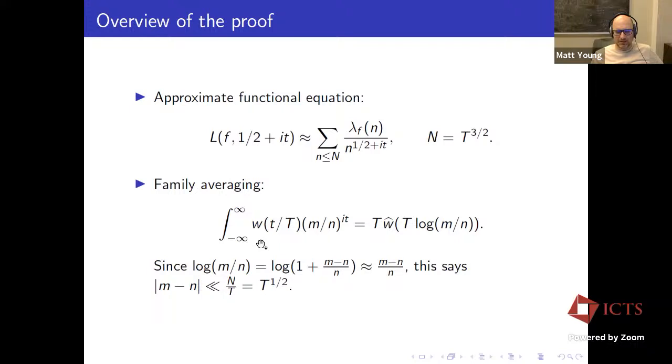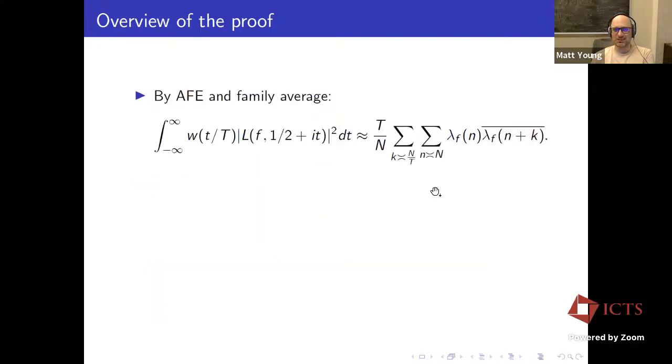And so to make this a little more precise, all you do is take a little power series for log m over n, write it as log of 1 plus (m minus n) over n, and then that's very close to (m minus n) over n because we have to be close to 1. So that's saying m minus n basically has to be at most like n over t, which is like square root of t. So m and n themselves are like t to the 3/2, but their difference is like square root of t. So the difference is quite small. Okay, so that's completely standard. This is always what these t integrals do. They just tell you that if you have a pair of integers, they have to be close by as real numbers. So if you just plug in the approximate functional equation and apply this family averaging, the t integral,